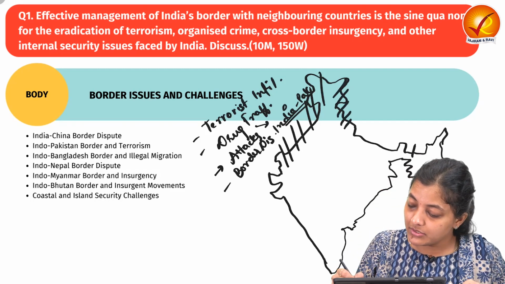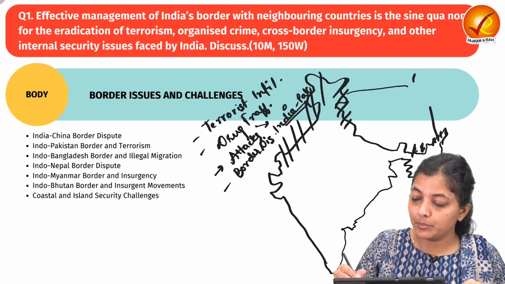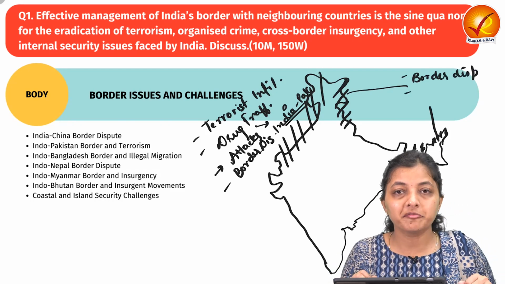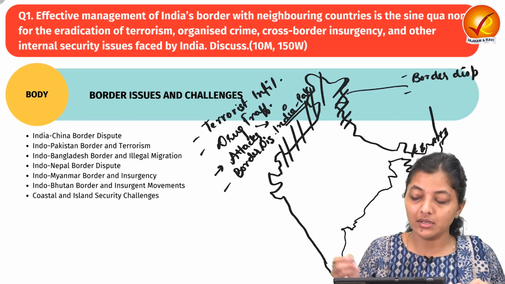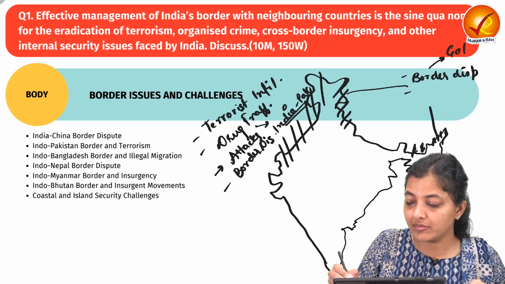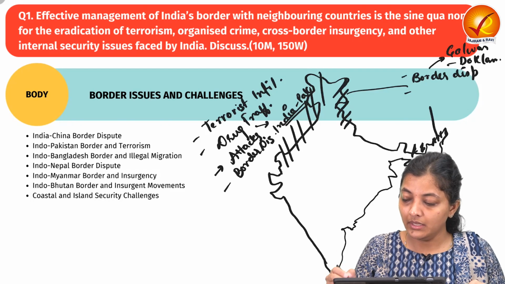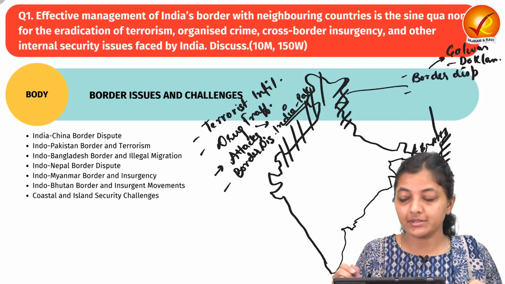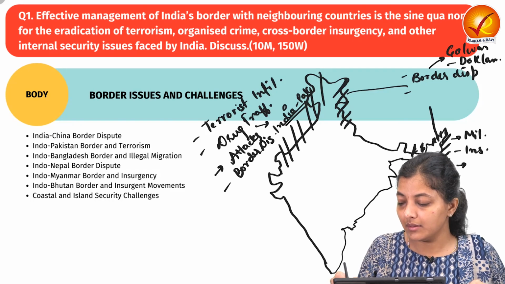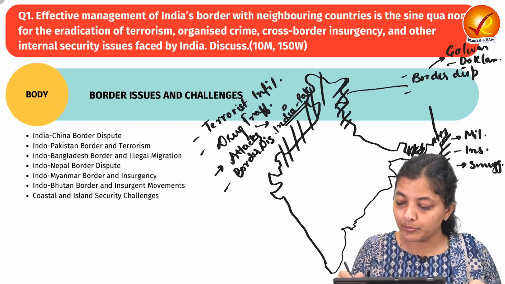Along the India-China border, border disputes are there. Trespassing of the PLA, that is the Defense Forces of the Army, into the Indian territory. Border disputes like the Galwan clash, Doklam clash, etc. Along the Myanmar border, due to its porosity, militant groups come in, insurgency, smuggling, etc. Due to the porous nature of the Bhutan border,